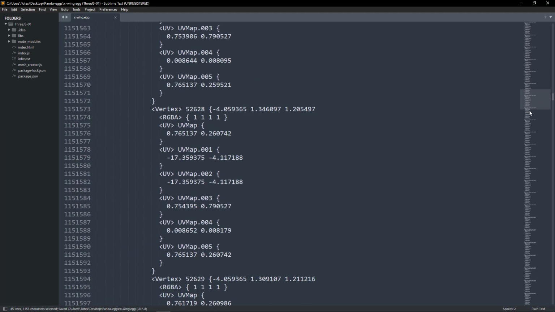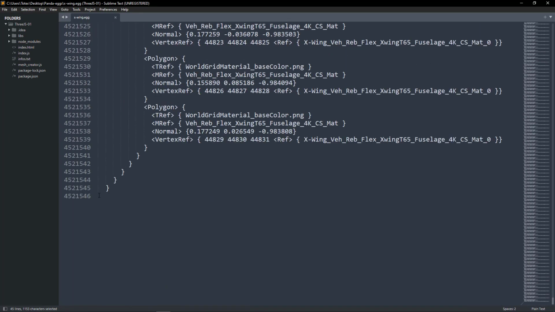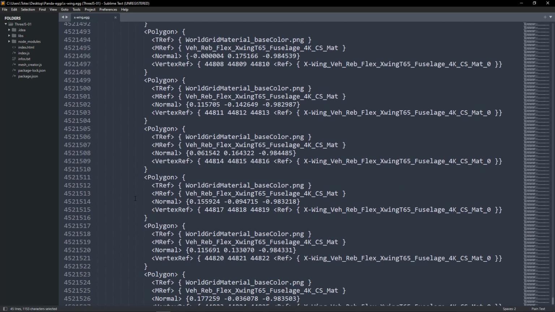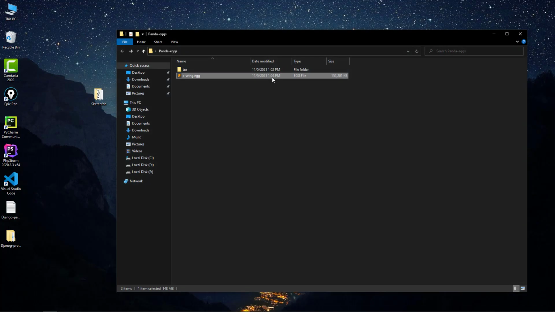And if I scroll down, you will see that, wow, this has 4.5 million rows, so it is a very big data. Okay, let's just copy everything from here